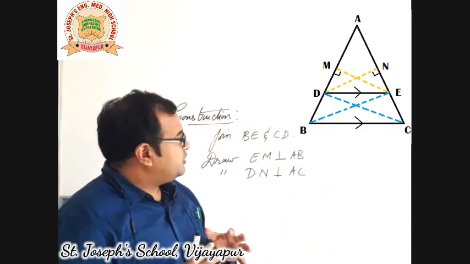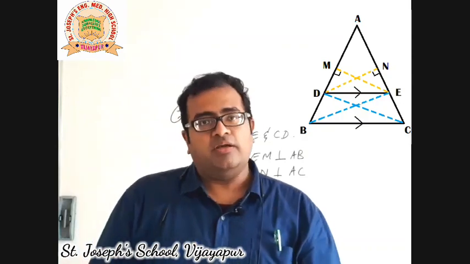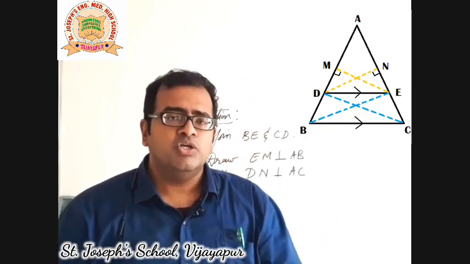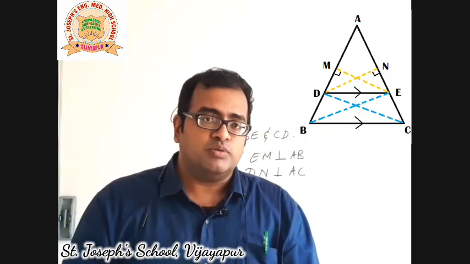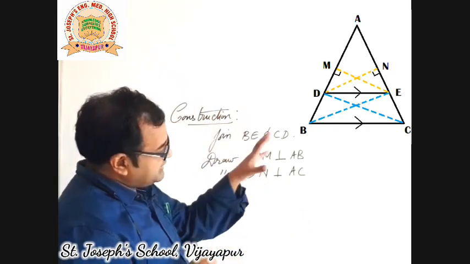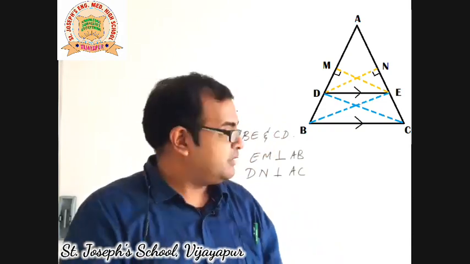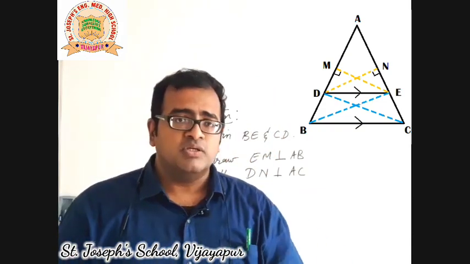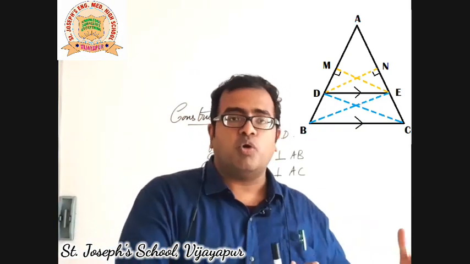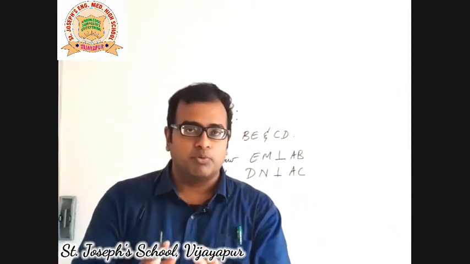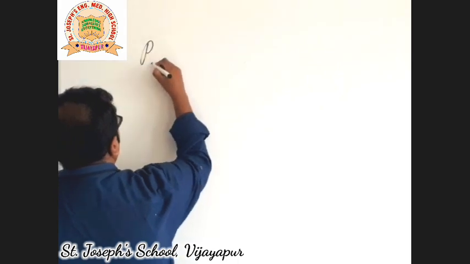The idea is we are going to use the idea of areas of triangle. To use areas of triangle, you need base and altitude. So any side can be taken as a base. Just to get the altitude or the heights of the triangle, we have done the constructions. So let us go into the most important part of the theorem, that is called the proof.